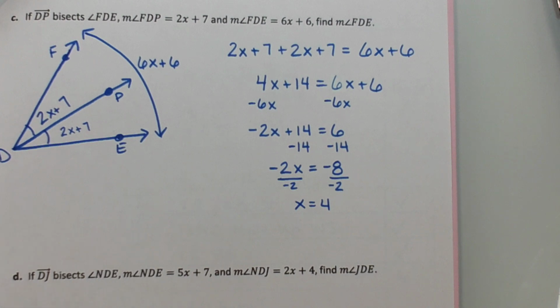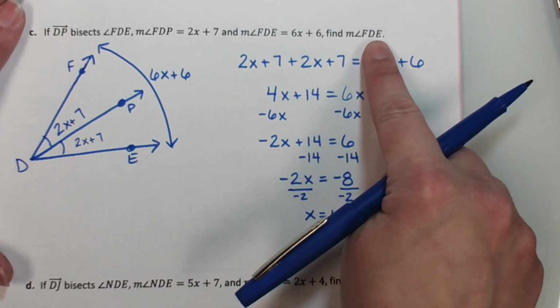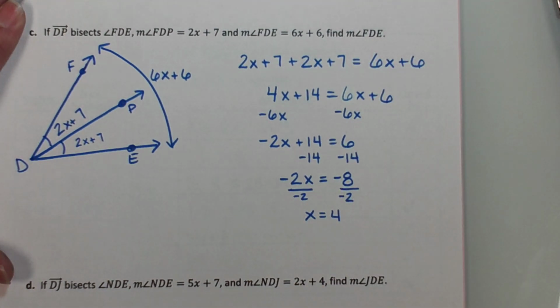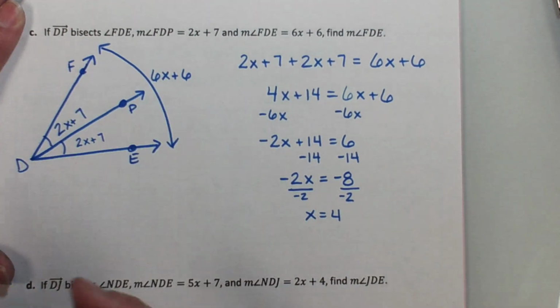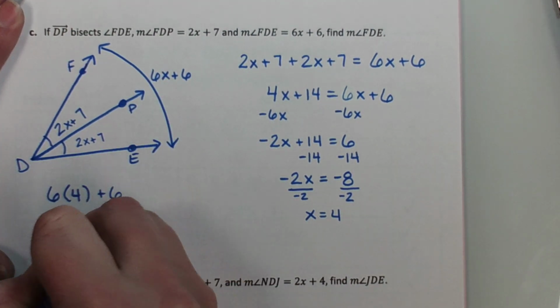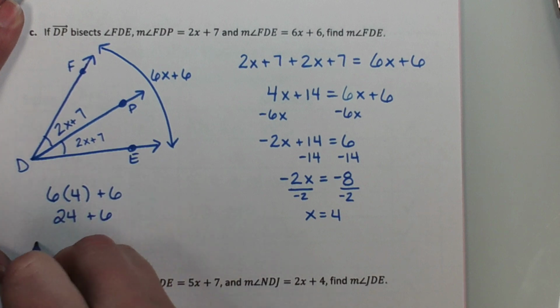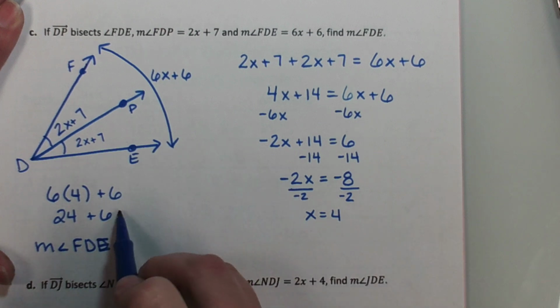Trevor, if I'm looking for FDE, which expression do I plug back into? Yeah, because FDE is the big one, so the 6x plus 6. That's 24 plus 6. The measure of angle FDE is therefore